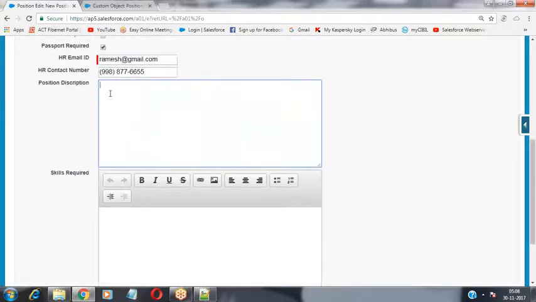Now the description is: required 5+ years of experience in Microsoft .NET application development. Should be able to handle the client and a team of 5 members.